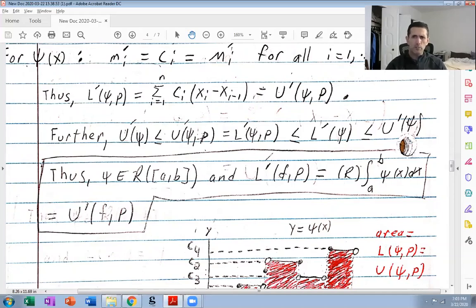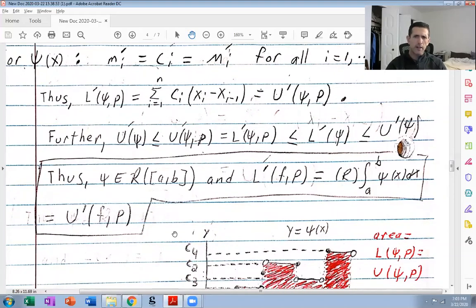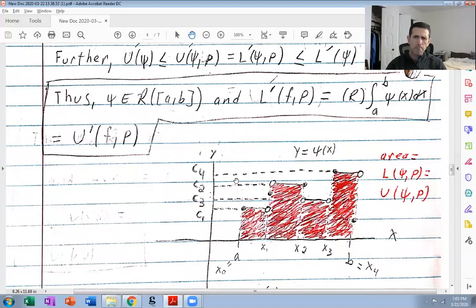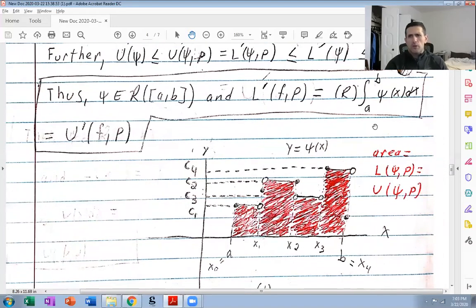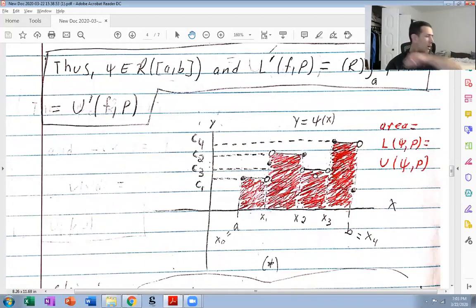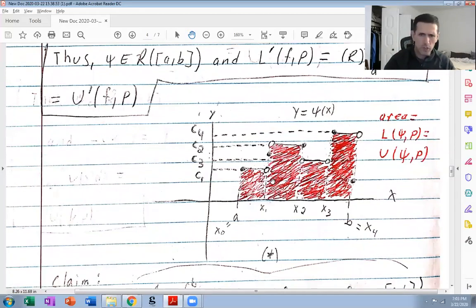Again, really should be psi here and here, not f. And so what we have here is that the sum of these red areas is what we should call the area under the curve, which we do. The sum of these red areas is the Riemann integral of the step function. Okay, so